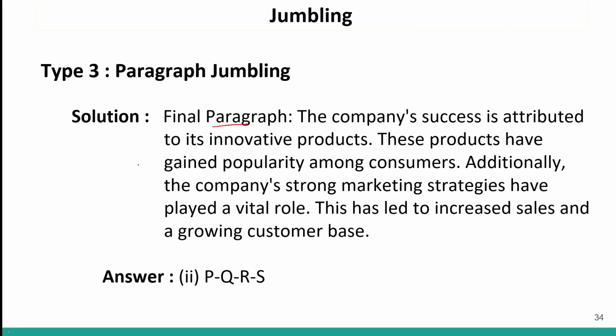The company's success is attributed to its innovative products. Then we explained about the products. These products have gained popularity. Then we said that this is one reason and this is the second reason for the company's growth. That is, the company's strong marketing strategies have played a vital role. And then we used this statement as the concluding statement to say that because of all these reasons, the company's growth has been good. Okay? Now,